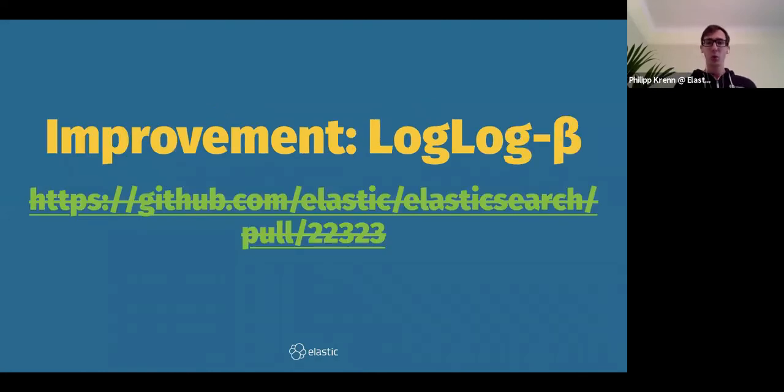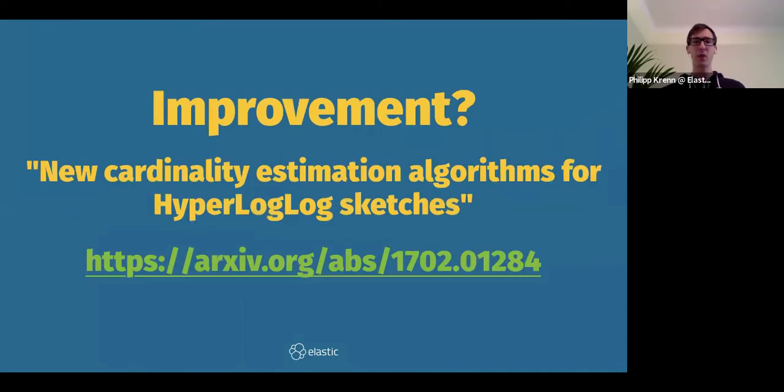Okay, there were two potential improvements that we tried out. The first one was LogLog-Beta. There was even a pull request. The goal of that one was to have a smaller error rate. It turned out it didn't improve anything, so the pull request was never merged. There is another, newer paper, HyperLogLog sketches. There's just a paper, we haven't tried that out in code yet. Maybe this one might improve the error rate, but we are not sure yet. We still need to implement that one. If you're really into the details of that one, read the paper and it will show you how it's trying to improve over regular HyperLogLog or HyperLogLog++, which is the actual implementation that we're using.